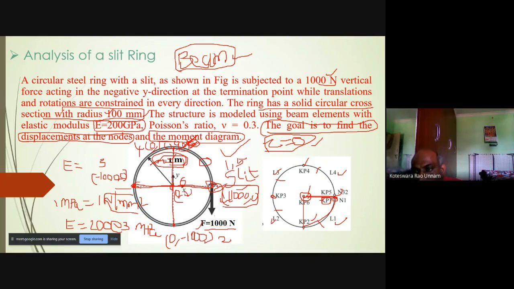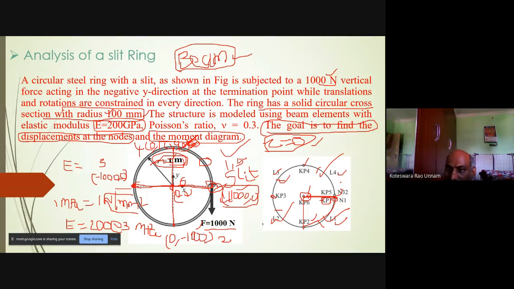So like this, by identifying all the key point coordinates, first I'll write down those coordinates, then I'll create the key points. Once I create the key points, I'll join these two key points in order so that I can create line and arc elements L1, L2, L3 and L4.